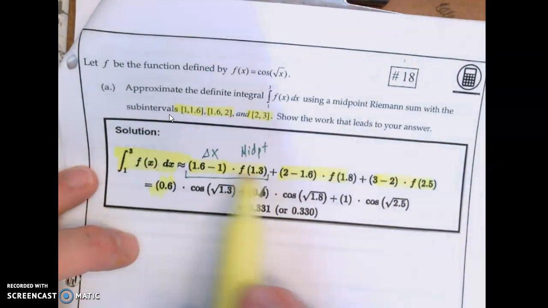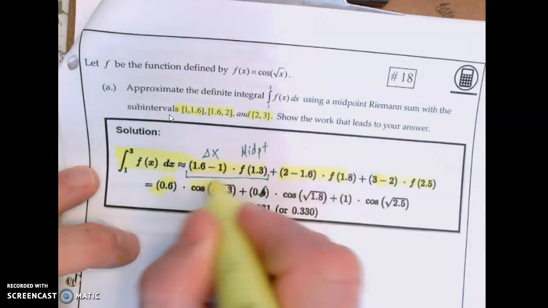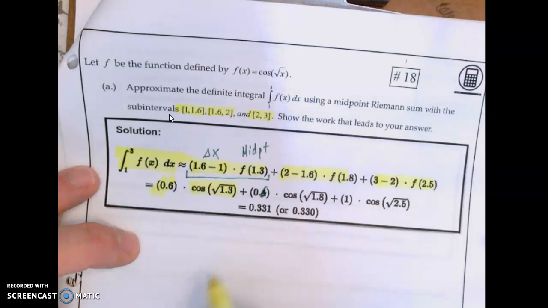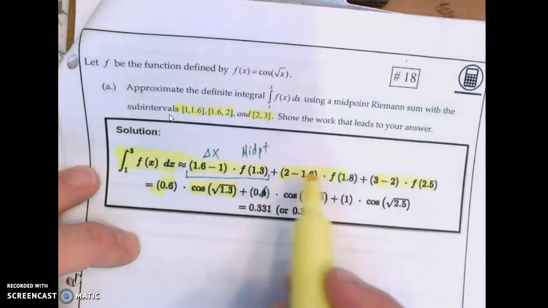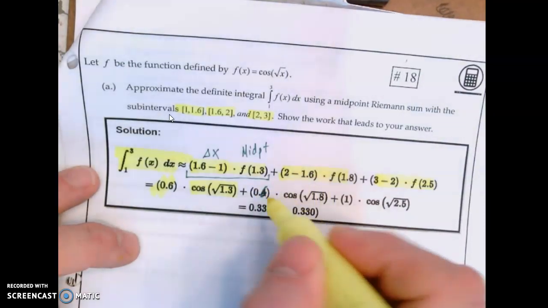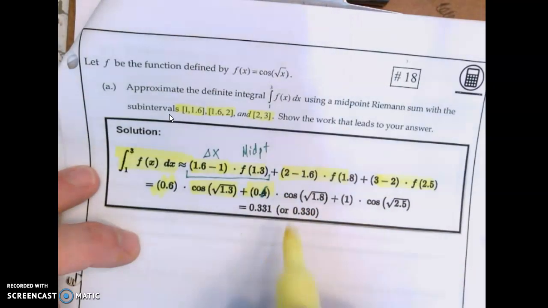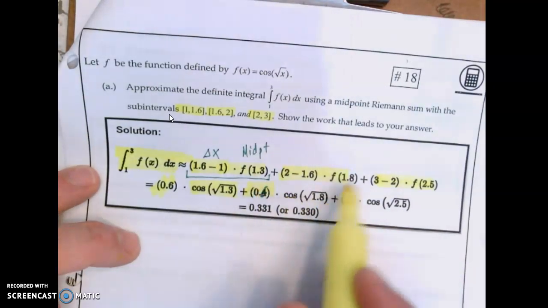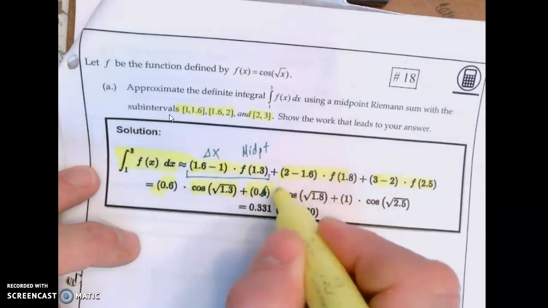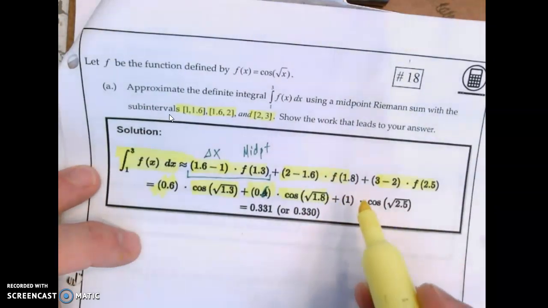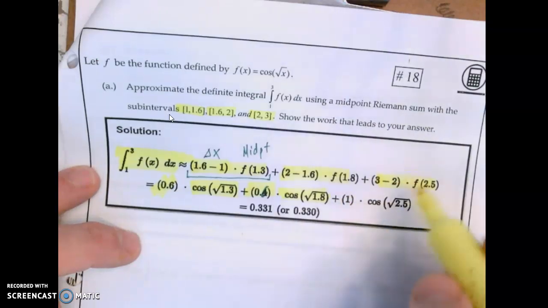F of 1.3, the 1.3 being the midpoint of 1.6 and 1, means cosine of root 1.3. And then we do 2 minus 1.6, which is 0.4. That should be scribbled there, but it's not. That's a 0.4, and cosine of the value at that midpoint, so cosine of root 1.8. Plus, we do 3 minus 2, so 1 times cosine of root